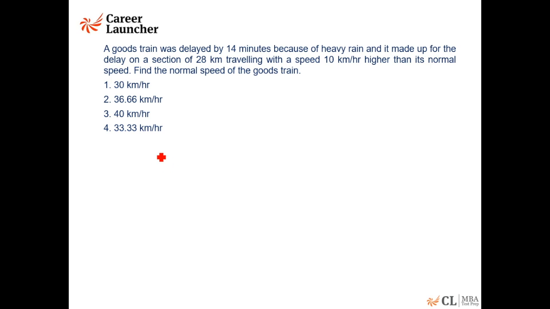Now, if the normal speed is 30 kilometers per hour and the increased speed is how much? 40 kilometers per hour. Okay. Over a section of 28 kilometers, how much time will it take? Now, this is where people again get confused and get into calculation. Let me reverse the process. If it is 30 kilometers per hour, can I not say it is 2 minutes per kilometer? 30 kilometers in 1 hour, that means for 30 kilometers taking 60 minutes or 2 minutes per kilometer. And this will be 1.5 minutes per kilometer.